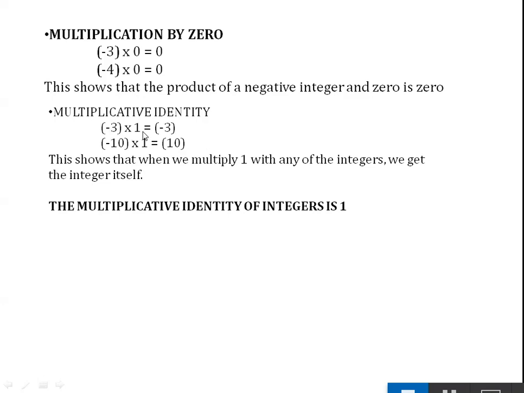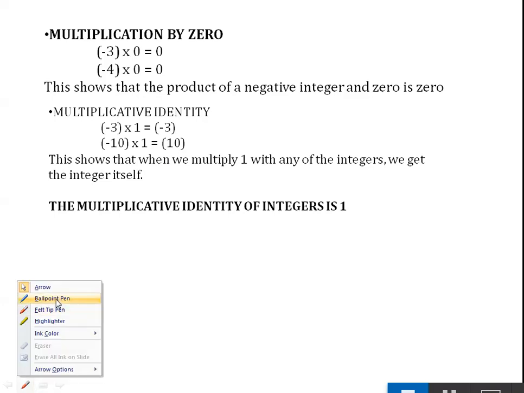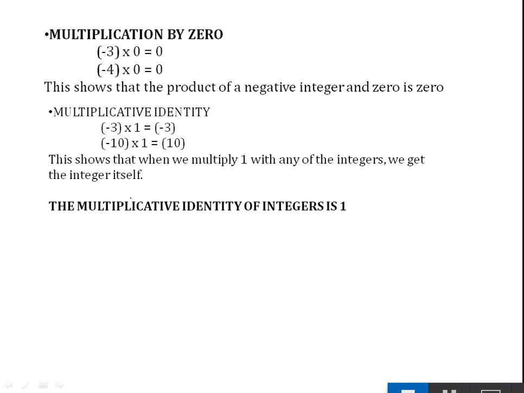You can see negative 3 into 1 is equal to negative 3. Negative 10 into 1 is equal to negative 10. Here you have a negative sign missing there. So it is negative 10. Okay. So this is very important. The multiplicative identity of integers